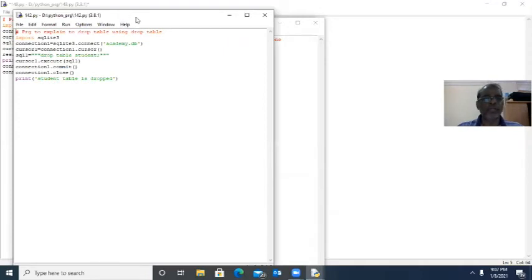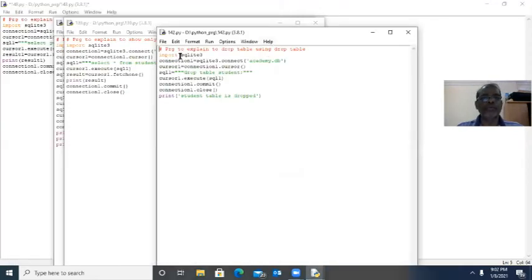Okay. Already we know very well the program to drop the table using drop table. If you run the program, the student table will be deleted. All the records inside the table will be removed. Now no more table called student.